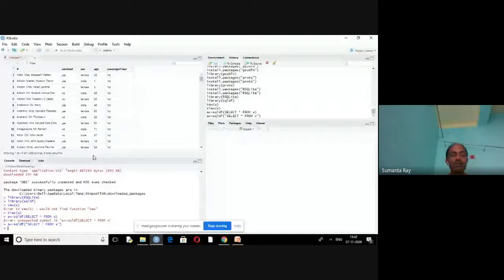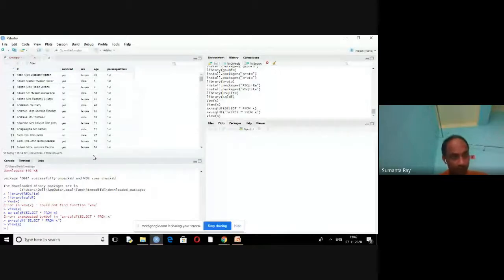Basically, it indicates you want to know the columns of the constant table, that is X. So by using this command, you want to show all the rows and all the columns of the table X. Clear? So star means all the rows, all the columns. This SQL has been assigned to a variable A. If you write view of A, it is displayed there. That means all the rows and all the columns of X have been displayed by using this command.